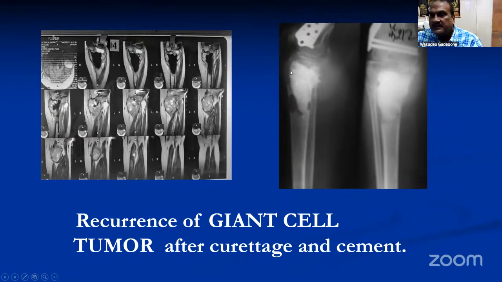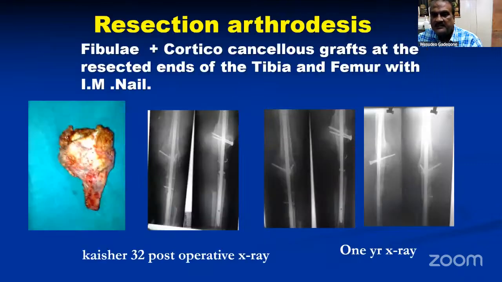And then you can see there is a recurrence of the tumor after curettage and bone grafting and cement implantation after 3 years. So I planned resection, arthrodesis, fibula plus corticocancellous graft at the resected end at the tibia